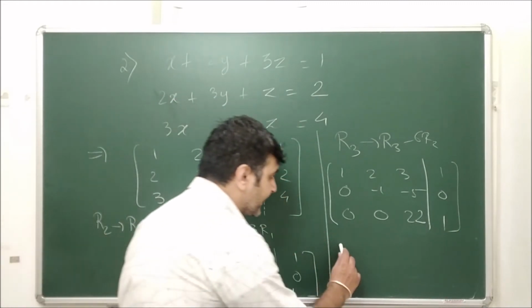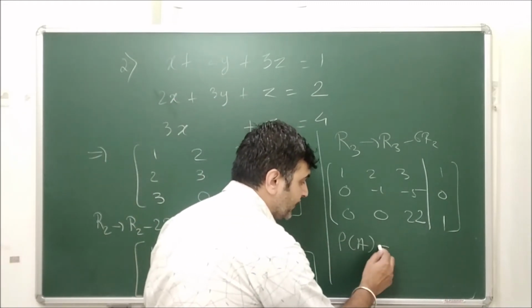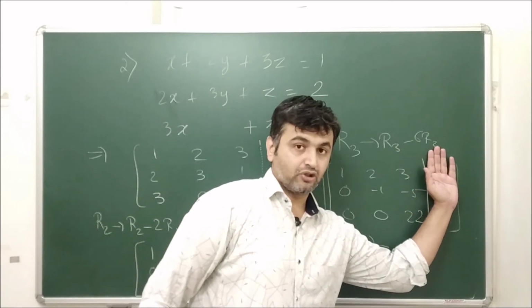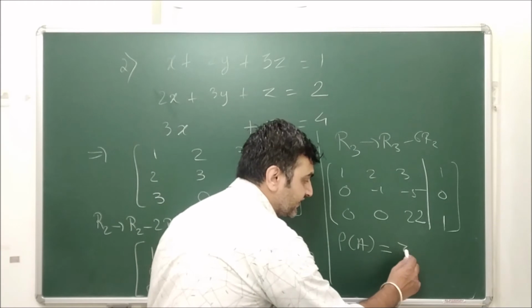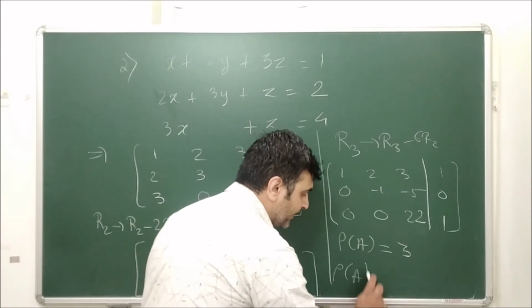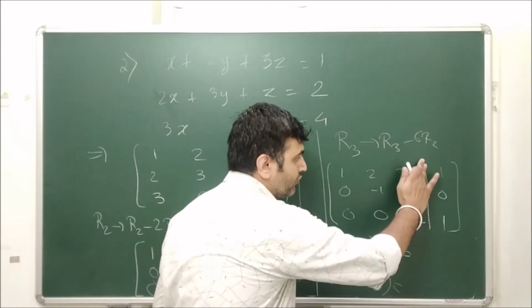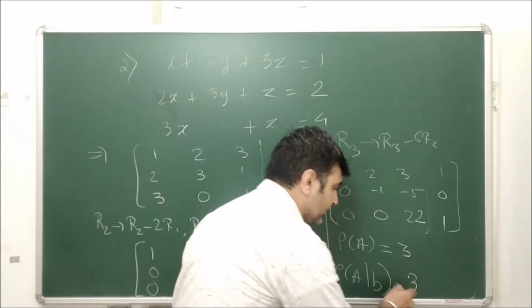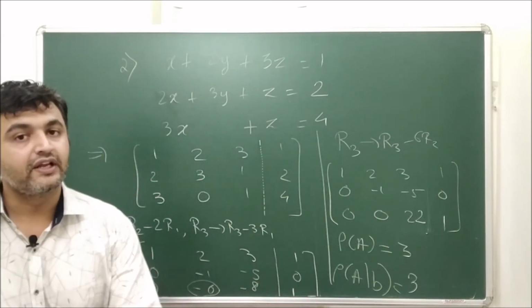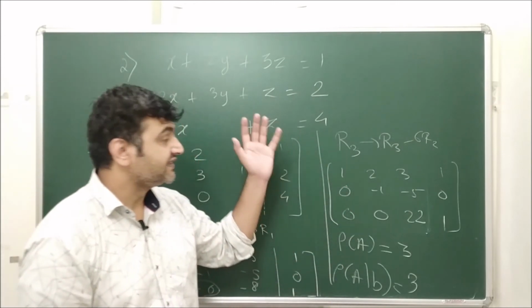Now you see what is rank of A. So to find the rank of A, you ignore the last column. How many non-zero rows are there? 3 non-zero rows. So rank of A is 3. What is rank of A augmented B? You ignore this line. How many non-zero rows? Again 3. So since rank of A is equal to rank of A augmented B, therefore this is a consistent